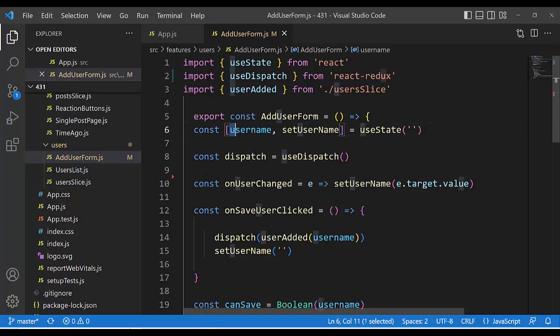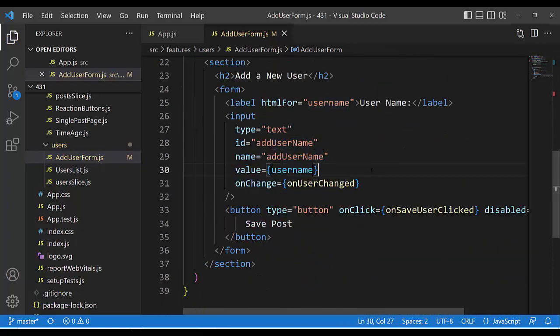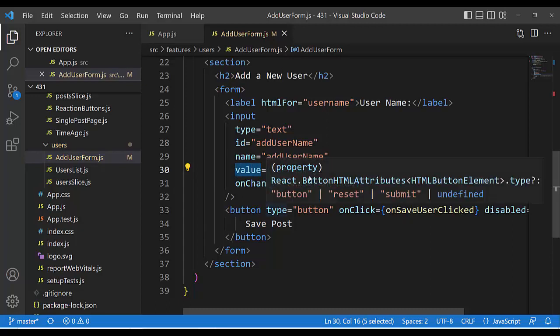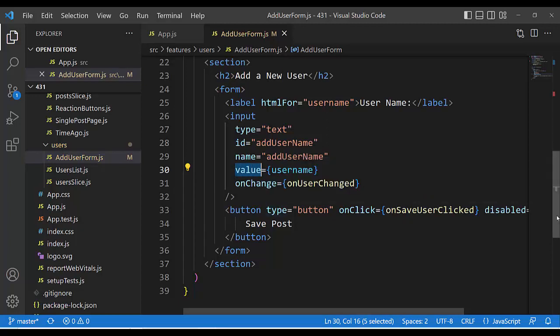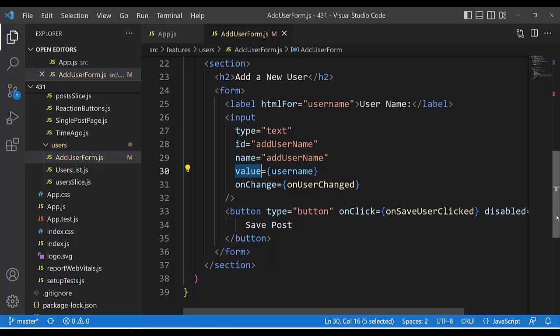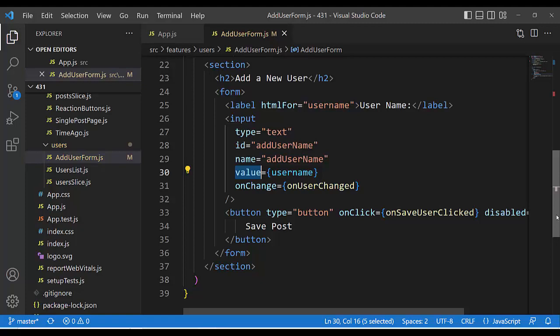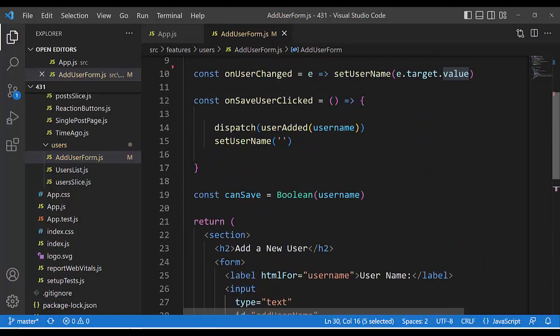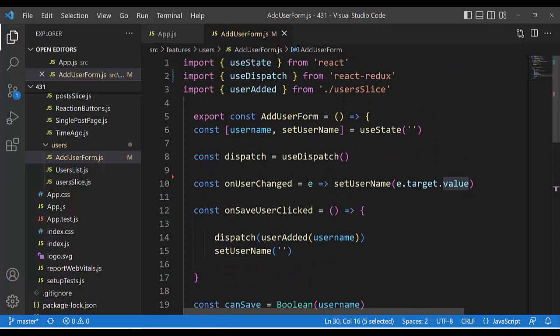Username is the value of the input HTML element, username. It is the value of the input element. Concretely, it begins with nothing. Value is nothing. And after we type a name,